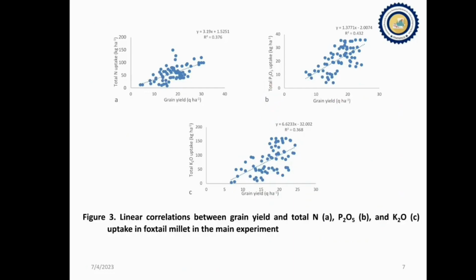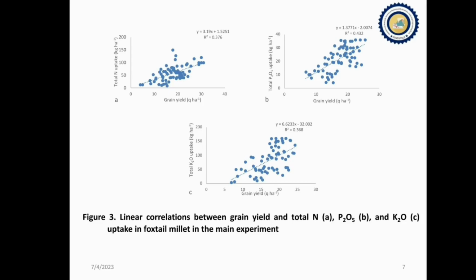After developing the equations, we require the crop uptake and the grain yield. In this figure we can see that there is a linear correlation between the crop uptake and the grain yield. The higher correlation was noticed with respect to phosphorus, followed by